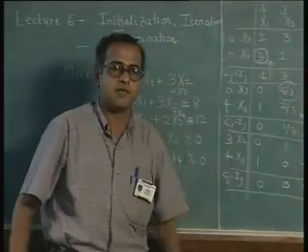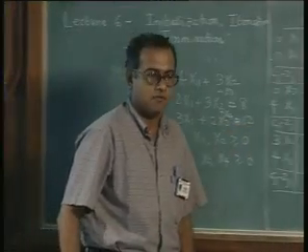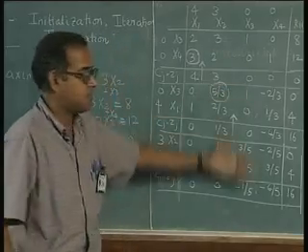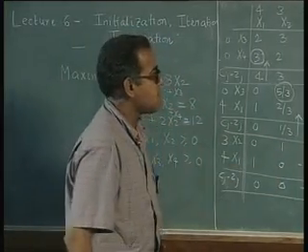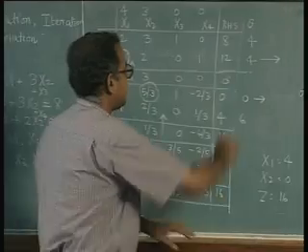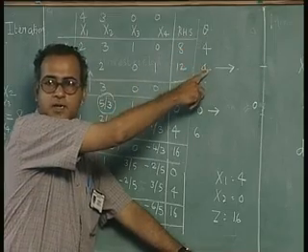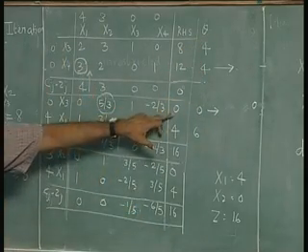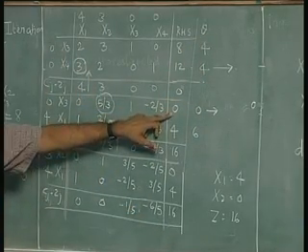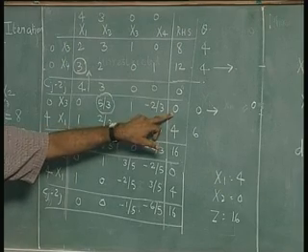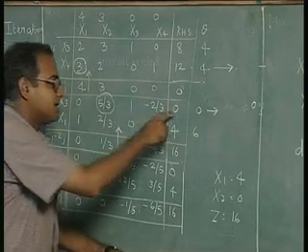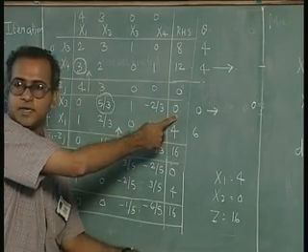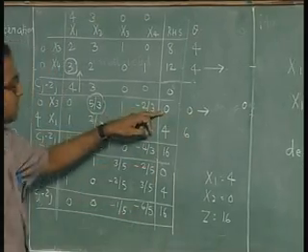Now degeneracy is a phenomenon that happens in simplex iterations where we end up doing additional iterations which do not add value to the problem or problem solution. Degeneracy always happens if there is a tie for the leaving variable. A tie for a leaving variable would ensure that one basic variable takes 0 in the next iteration, and the moment a basic variable takes 0 in the iteration, this will always be a candidate to leave,